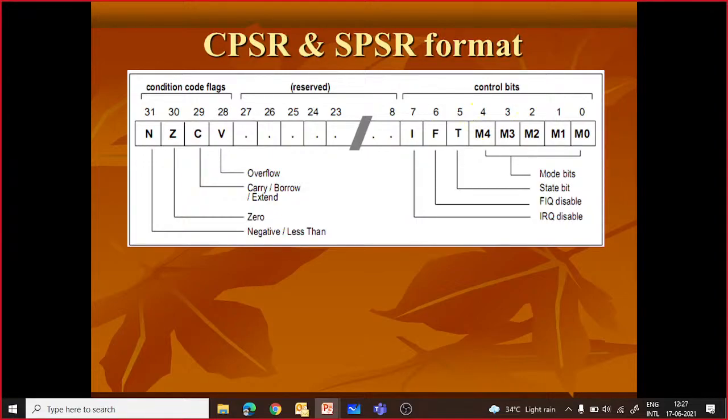As you can see here, these are M0, M1, M2, M3, M4, the mode bits. This T is a state bit, that means thumb mode or normal mode, right? If T is equal to 1, it is thumb mode, and if it is equal to 0, then it is normal mode.